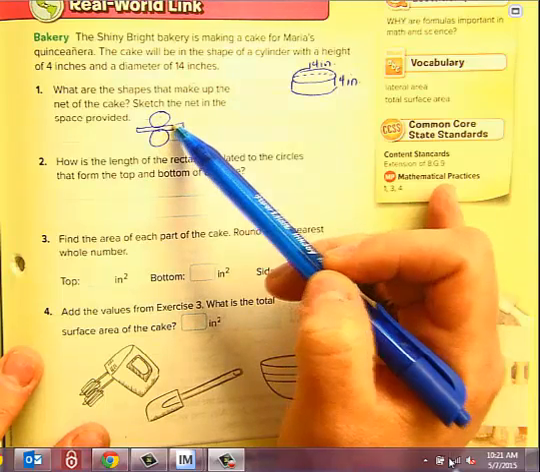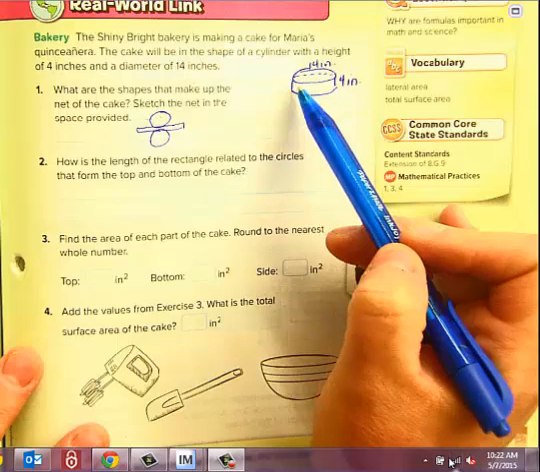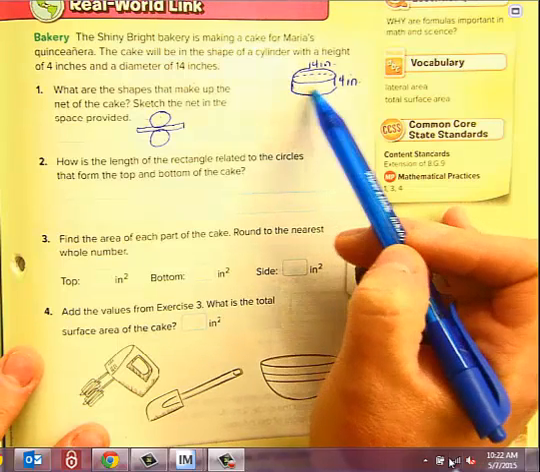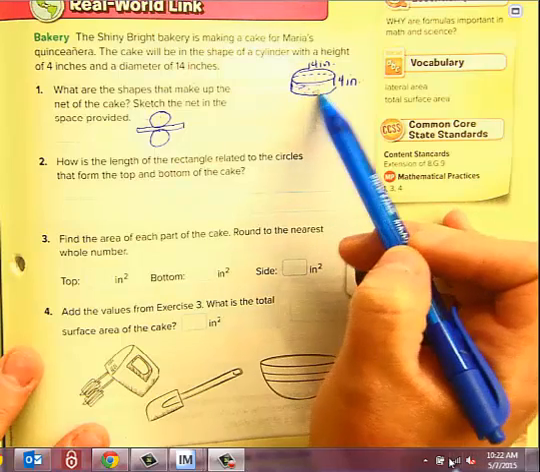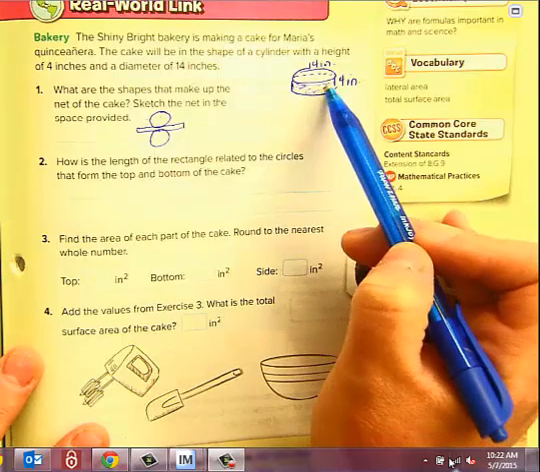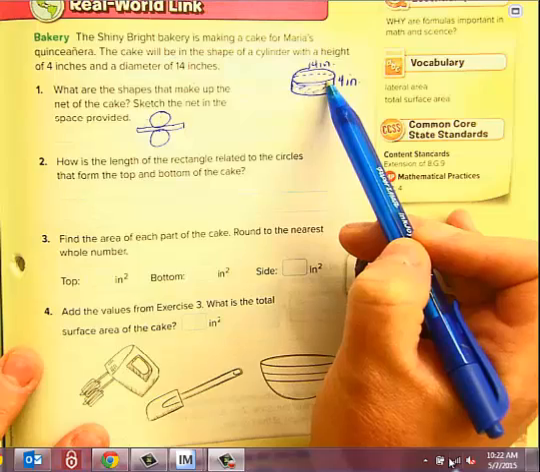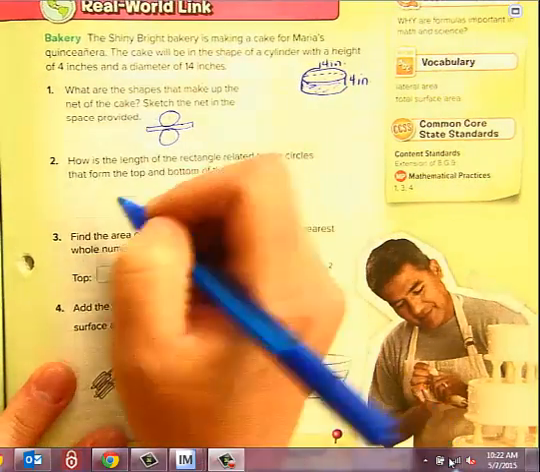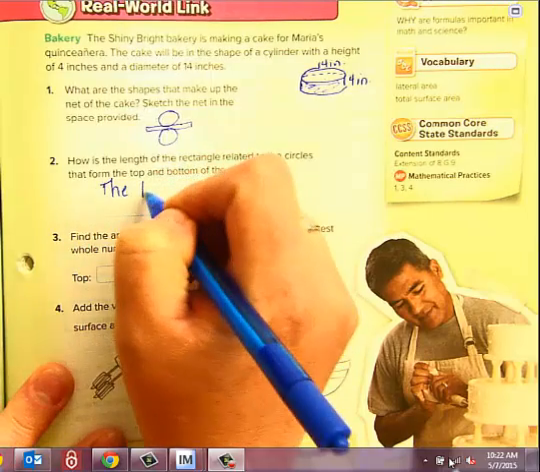If I have this cake and I split it open right here and I unfolded it, I would have a rectangle in this middle part. That rectangle goes all the way around the circle. So we have to think, what does that mean when we go all the way around the circle? Well, let's talk. The length of the rectangle